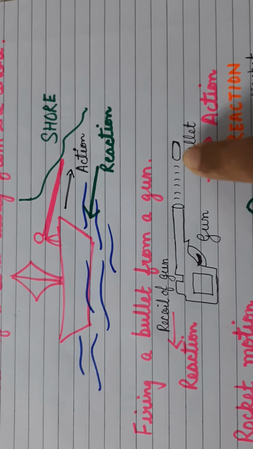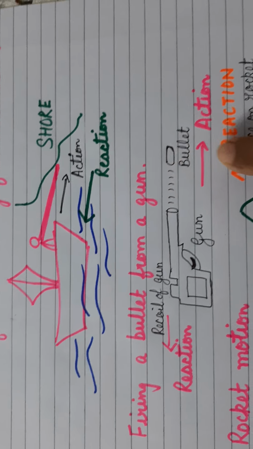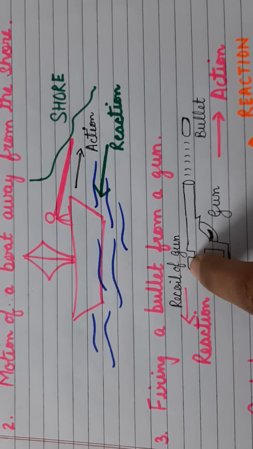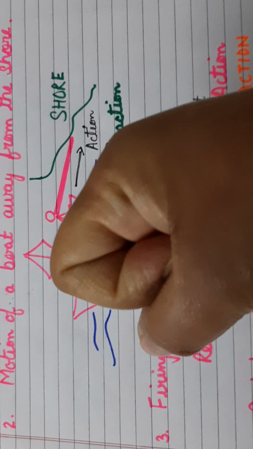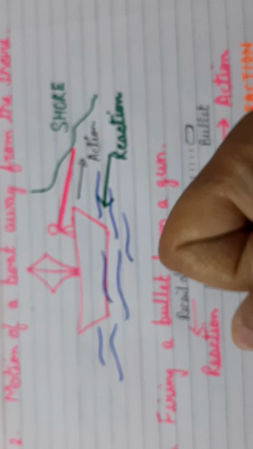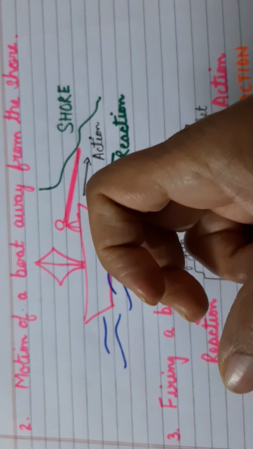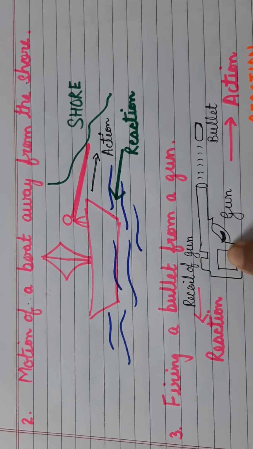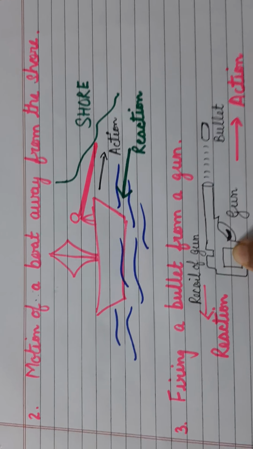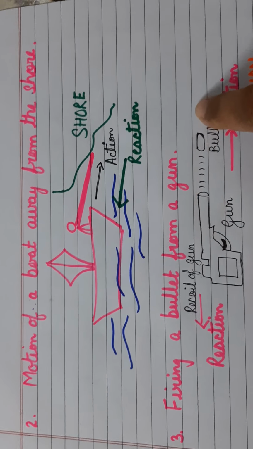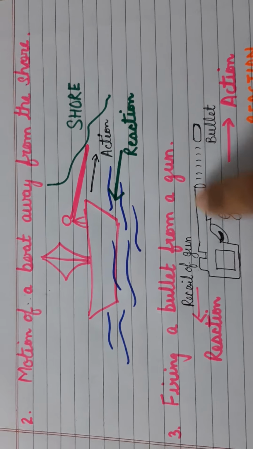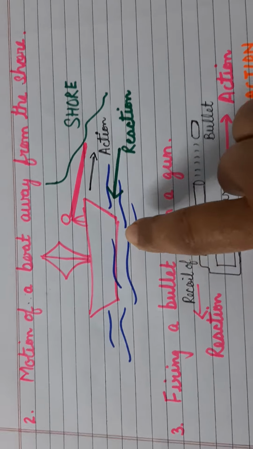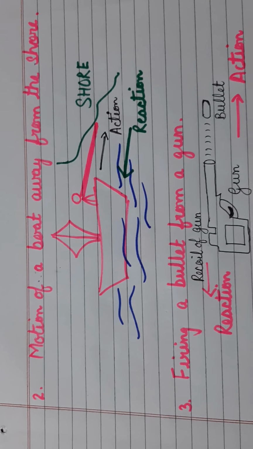As a result of the bullet moving out with a force, what is happening? There is a reaction force which is produced on the gun, and the person who is holding the gun will get a jerk on his hand. He will get a slight jerk on his hand because of the reaction force. If this pistol is replaced by a shoulder gun, then what is going to happen? The bullet moves ahead, and the person will get a jerk on his shoulder instead. So these are a few examples of action reaction forces.